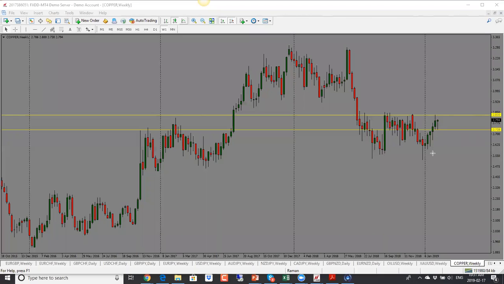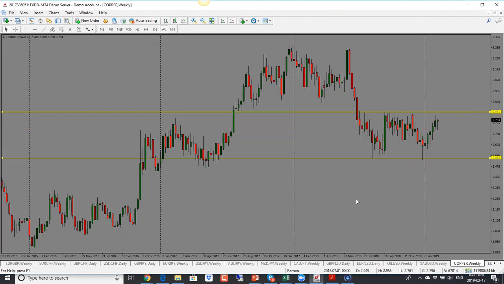Copper here is looking bullish. We have a bullish pin bar for copper here, so I would look for price to go up. Now, this has been trading in a range as well. If you take a look at the larger range, this is the range it's been trading at. So now we are heading back towards the top of the range. So bias is bullish. 2.85 will be the target for copper this week.